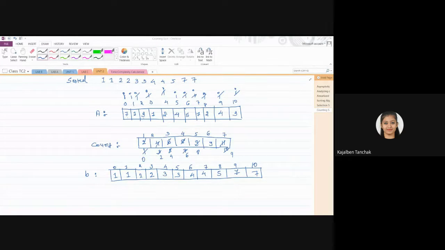So let's go to the next algorithm, that is radix sort. Okay, so let me take this example.